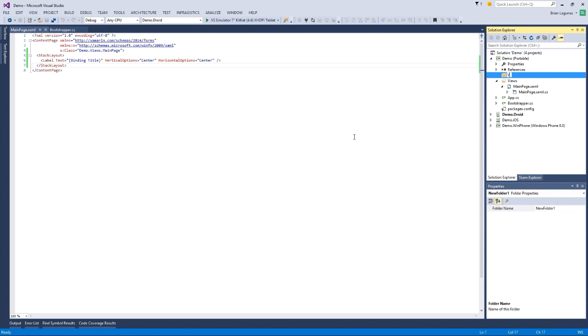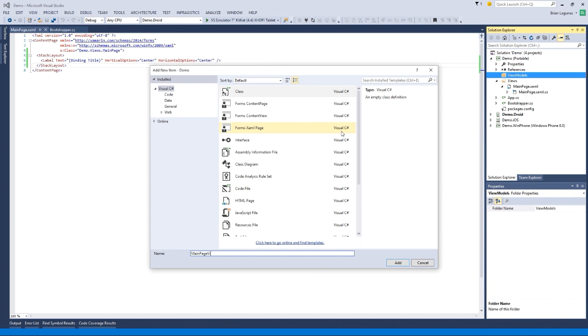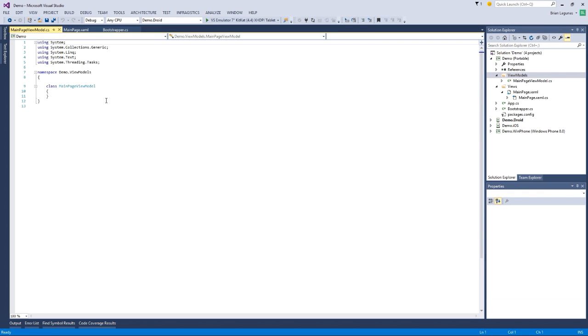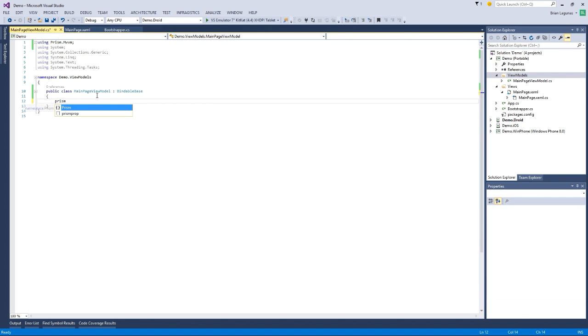So I'm going to create a new folder, call it view models. And we'll create a new class, and we'll call it main page view model. Creative, right? Okay, so we'll make it public. And then it's going to derive from what's called a bindable base class. And all this is just a class that implements INotifyPropertyChanged. That's all it is. Doesn't do anything else. Okay, very simple. But now what I can do is I can say, you know what, I'm going to create a new property of type string, and I'm going to call it title. And let's set equal to